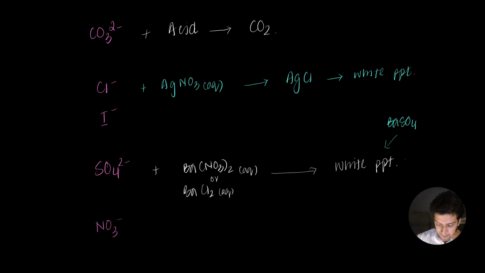And this is the confusing part. आपने AgNO3 डाला तो white precipitate दिया तो आपको पता चला क्लोरीन है, लेकिन आपने बेरियम नाइट्रेट डाला और उसमें white precipitate आया तो